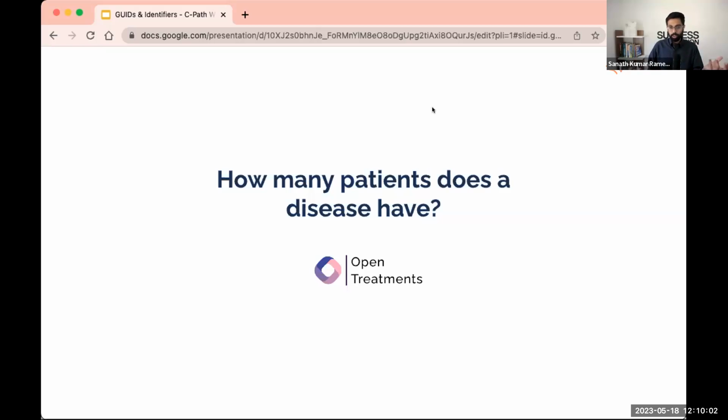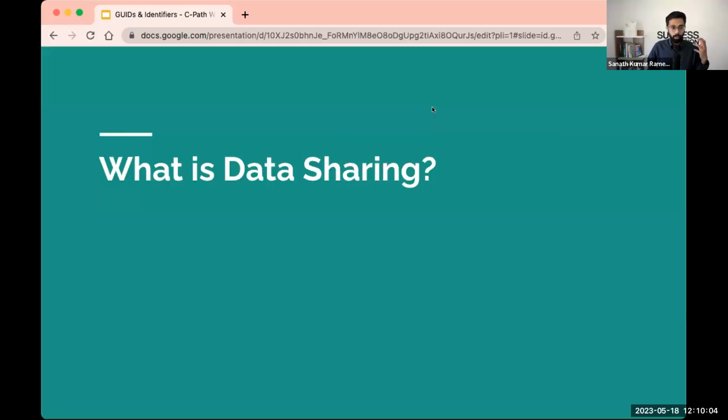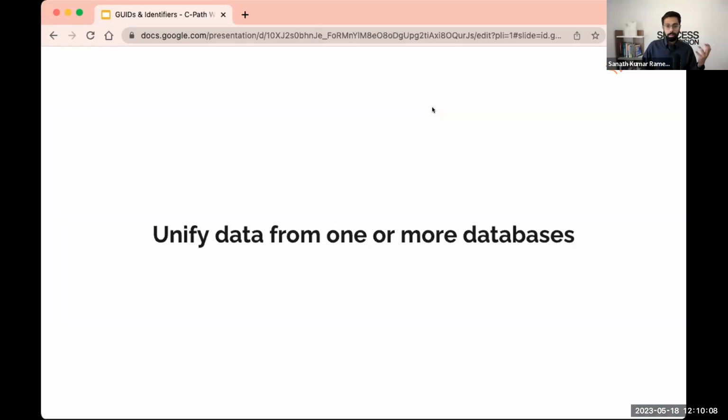This gets to the heart of the question, what is data sharing? I want to be able to define things so I can deeply understand them. My definition of data sharing, which is very, very simple and rudimentary, is you are unifying data from one or more databases. The term database doesn't have to have any technical meaning here. It is just a